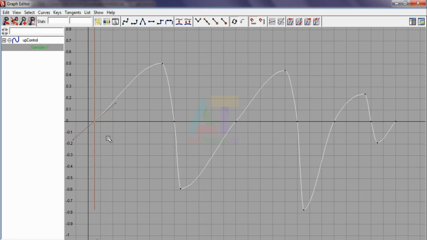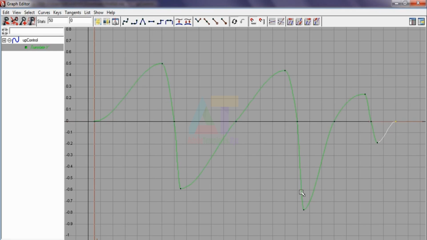Alright, so let's just add some ease in and nice ease out, and we want to make sure that these curves are nice and smooth, so that how the ball reacts depends on these curves, and we need to make sure that these are absolutely smooth, and we can control the animation through these graphs, and we can actually control how the ball would react to these graphs. If you want, we can just